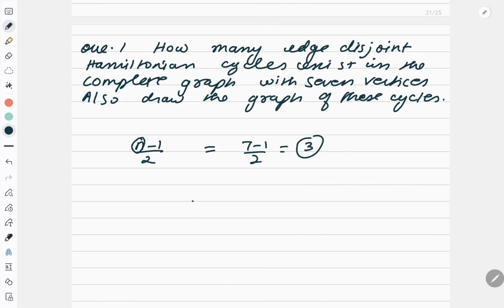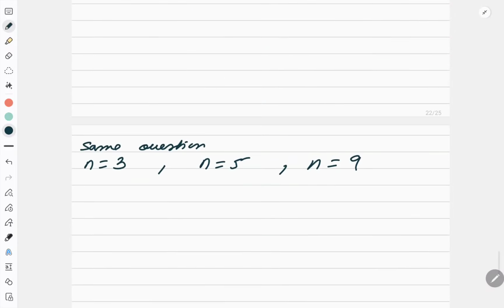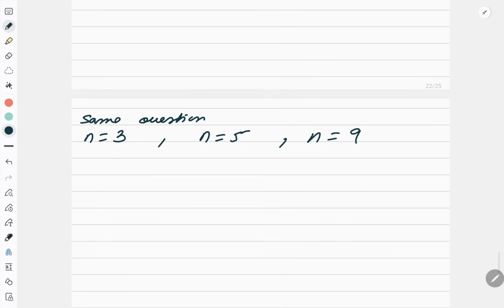Now let me show you how to prove this. Now they are saying 7. Okay. 1, 2, 3, 4, 5, 6 and 7. Now see, I will do this question, but before doing this question I want to move in a sequence. Okay, let me start with 3. Now n is equal to 3, what is the cycle? So the cycle is like this. If it is A, B and C, my cycle will be A, B and C. Correct?